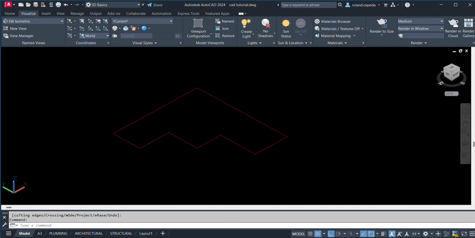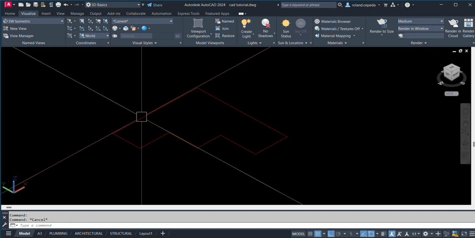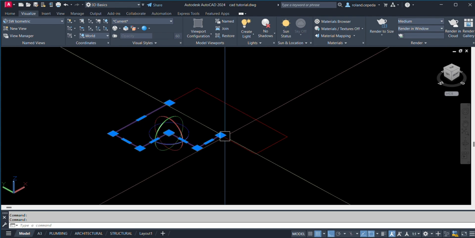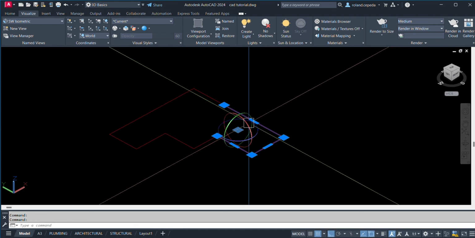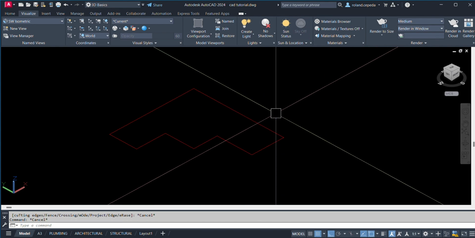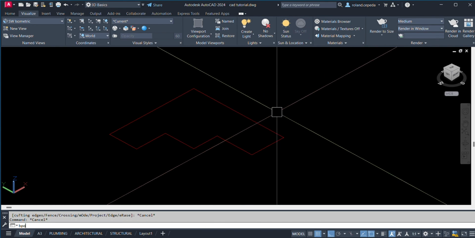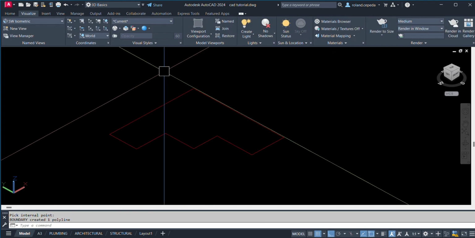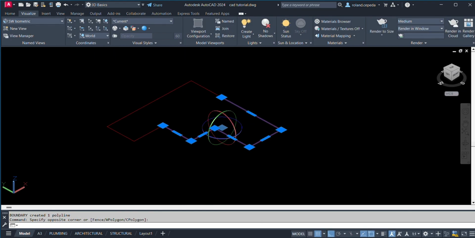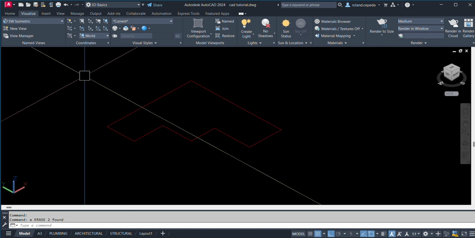And then since these are made by different rectangles, I'm going to make this as B-poly. So I'm going to erase all those base lines.